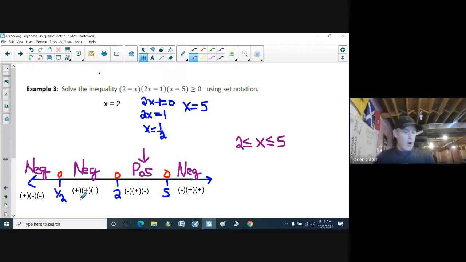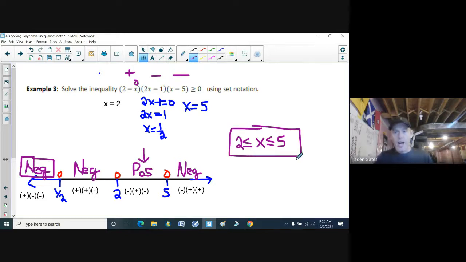Now I'm looking at my completed note, and somehow I said this one's positive as well. So you know what? I'm going to check it out. Did I get it right? A number left of a half is 0. Put a 0 in there, that'd be positive. That's right. Put a 0 in here, that's negative. That's true. And put a 0 in here, that's negative. Okay, so that's right. So between 2 and 5 inclusive would be when we solve this inequality. All right, now